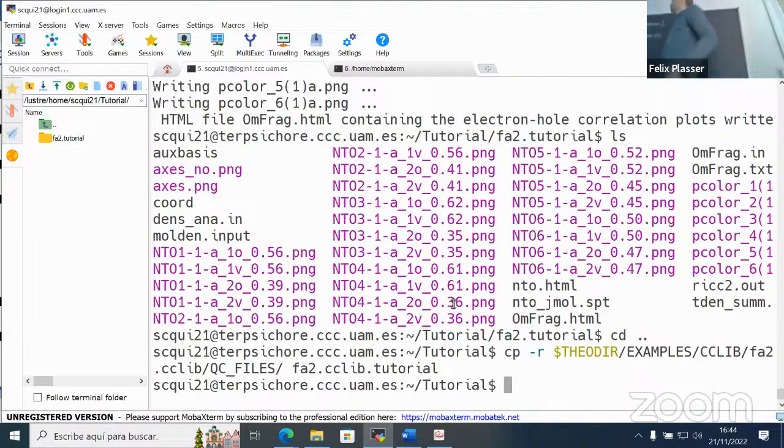So basically the idea is that these are the examples in the Theodore folders and just these standard tests. And then you can use these to play around. So if we go in here,